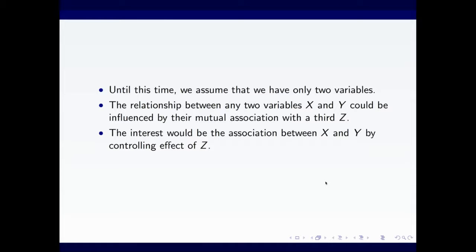We may have more than two variables in real practice. So here we assume that we have many variables, but for simplicity, we assume that we have three variables, x and y and z, and then we would like to find